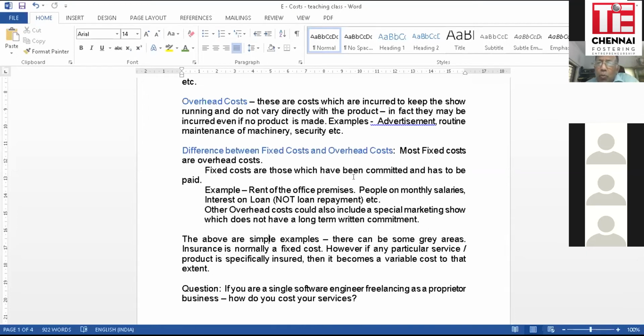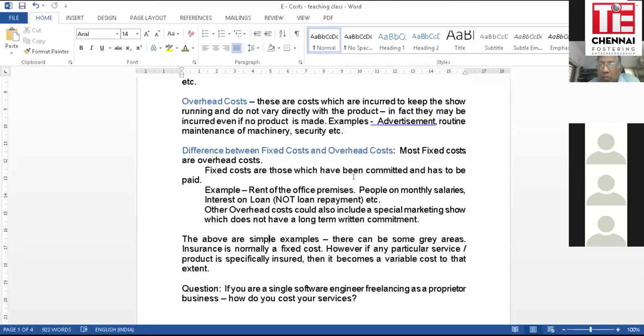Fixed costs are those which have been committed. Salaries: you've entered into a salary negotiation and agreement with an employee, that is a fixed cost. You entered into a lease. I'm using these because they're clear. You could have many more such cases. For example, if you have leased your laptop and the minimum lease period is 6 months, that becomes a kind of a fixed cost for the period of that 6 months at least. So it can be anything where you have committed and it has to be paid. I've given you rent, monthly salaries,